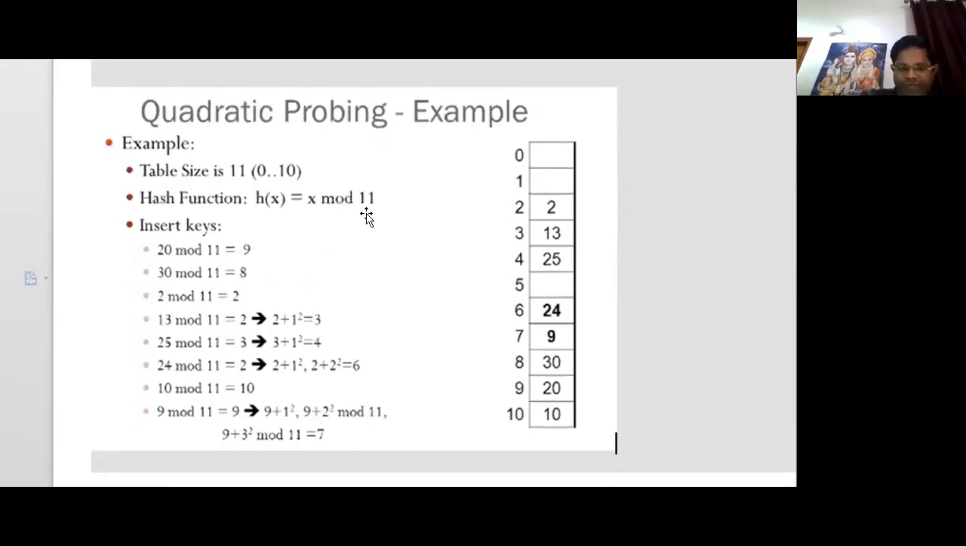Suppose we are given the key values 20, 30, 2, 13, 25, 24, 10 and 9. These are the key values to be inserted into the hash table, and the size of the hash table is